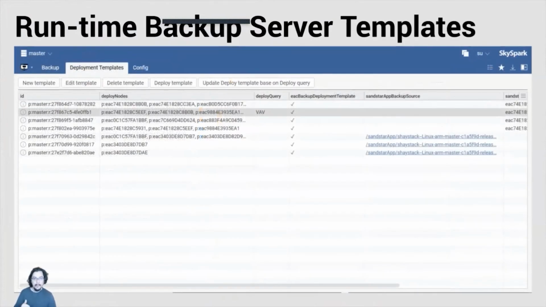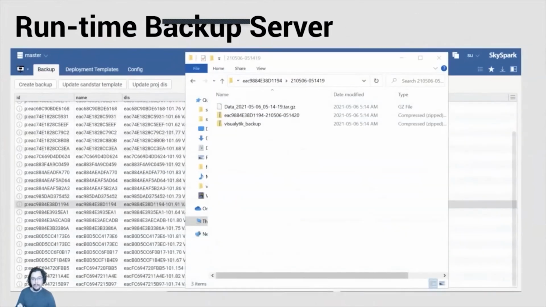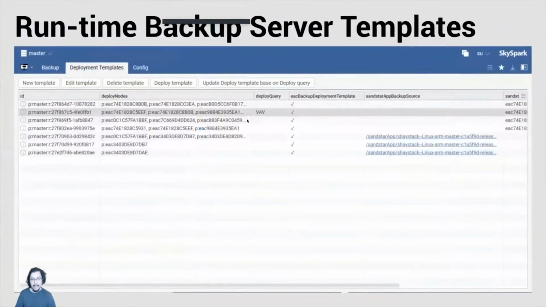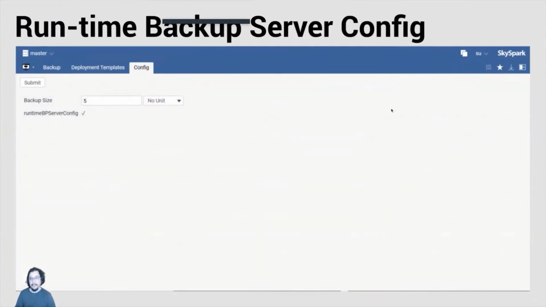The next part is deployment templates. So we have unit schedules, and we can add tags to the devices on this view. So what we can basically say, these are RTU cool only. What this does is it actually adds a tag on the project as a SkySpark template in each individual device through the ArcBeam. And now in here, we have deployment query, and then you can search based on this tag on these devices, and we can hit deploy template, and we have basically a backup source on the last project that you worked on, and it will deploy it. We also have a limitation on how many backups you want to keep per instance of the application.